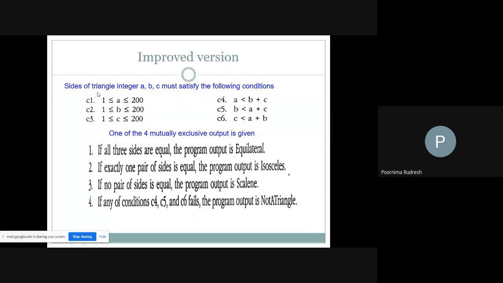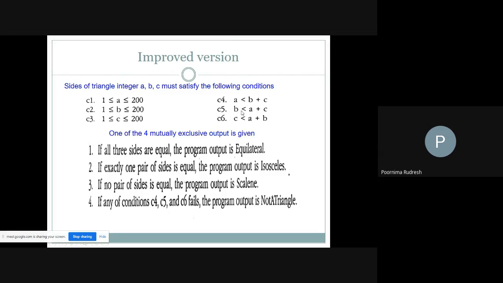So here we'll see the first three conditions. A, B, C values must be between 1 and 200. If the A value is less than 1 or greater than 200, that will not be considered. Similarly for B and C variables also. So after entering the A, B, C values, we are finding the sums b plus c, a plus c, and a plus b, and we are checking whether a is less than b plus c or not.